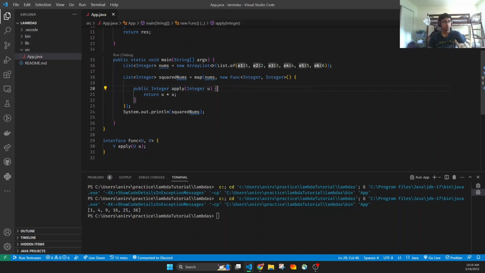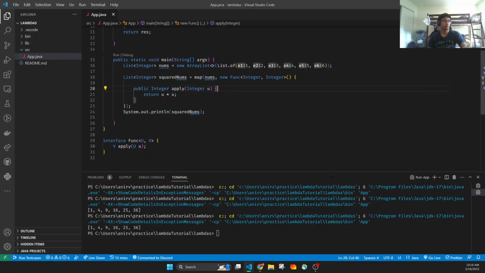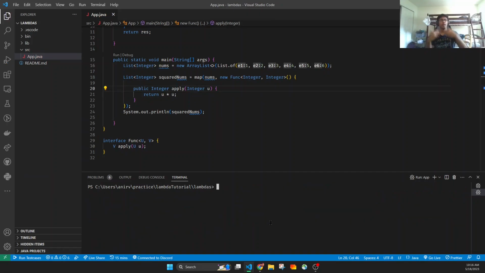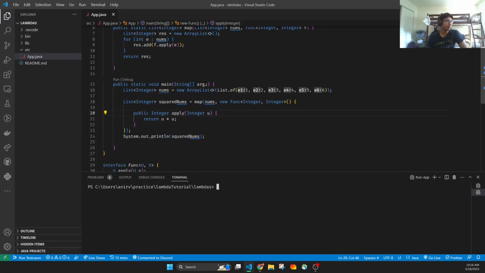So this works. Great. So now we don't have to worry about naming our class when we're implementing the interface. We don't have to worry about any of that, right? But this is still a bit verbose. So we can cut this down now using lambdas. So instead of saying all of this,